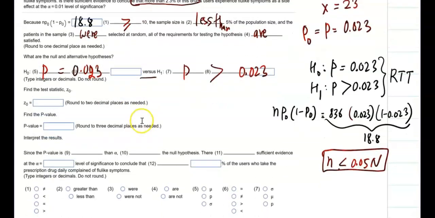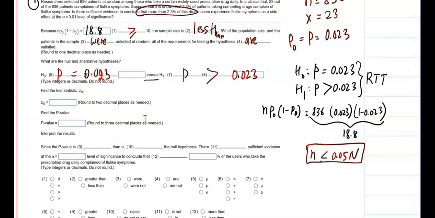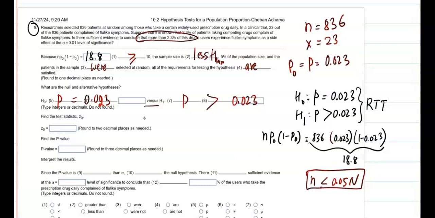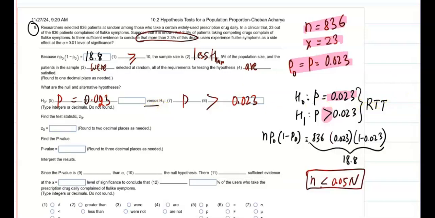So find the test statistic. Use the calculator to find the test statistic. Again, I did that before. So use that information here, to test the hypothesis using the p-value method. So you'll see what the test statistic is. This has to be 0.87. Okay, 0.87. That's the test statistic, and the p-value is going to be